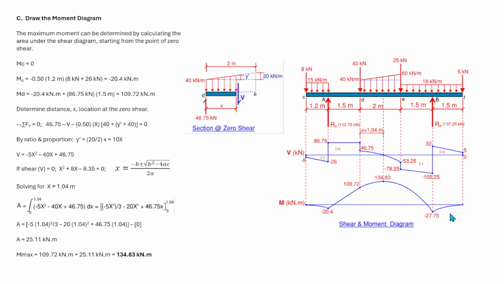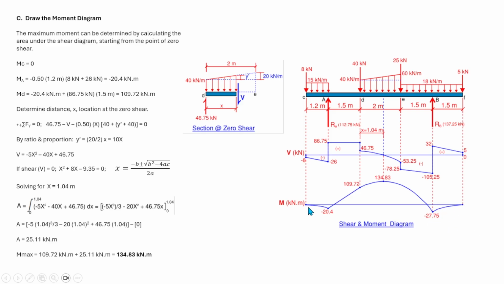So if it so happens that they are not equal, if you evaluate the moment 134.83 plus the area under the shear diagram and it is not equal to the moment from the cantilever end, then you need to check your preceding calculation, it has to be equal to negative